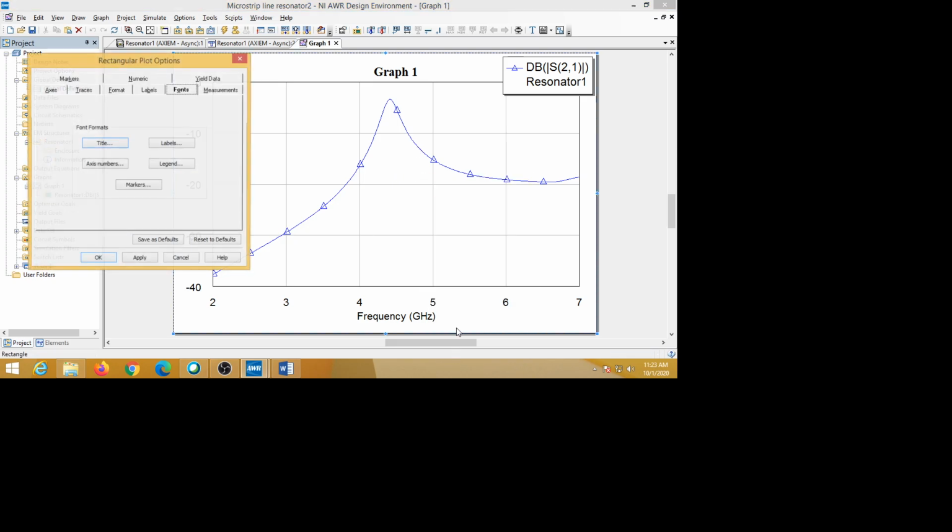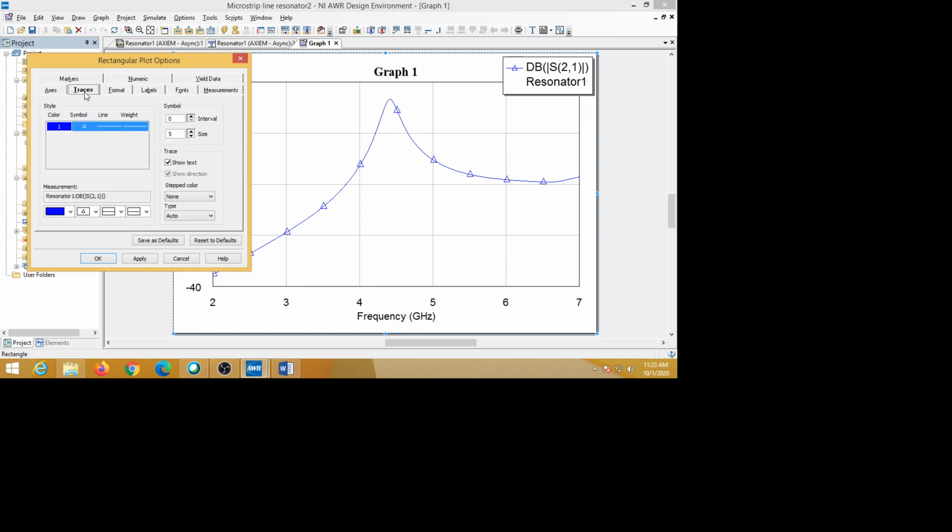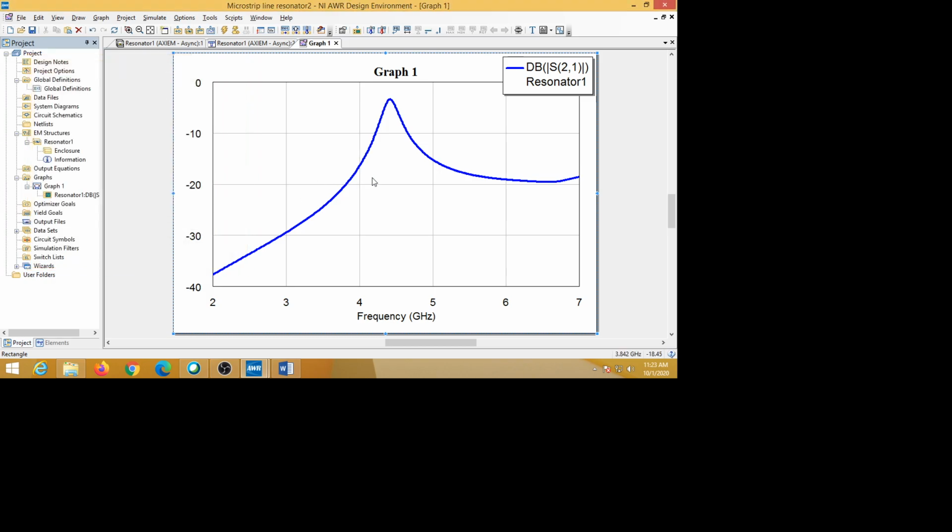Going to the options, under traces, I am choosing a little bit thicker line and removing these bullets, choosing none, and applying. The plot came here. You can put some other color also, as we discussed in the previous video.